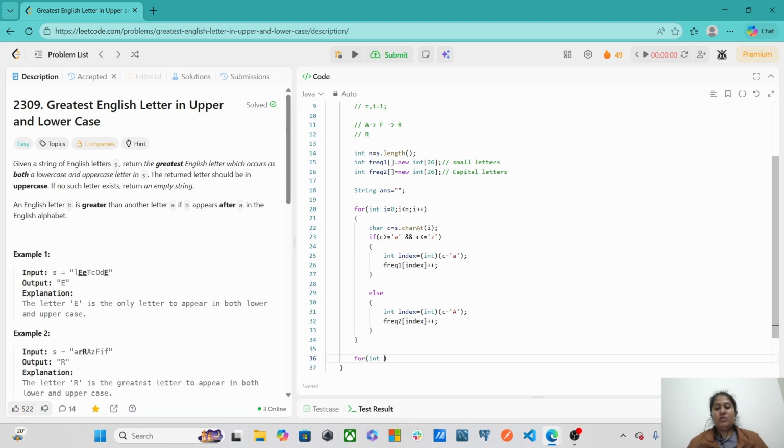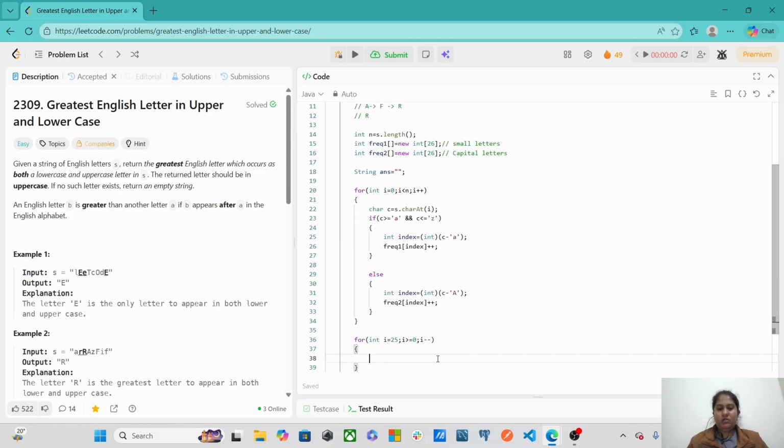or we can say the special character which has the most ASCII value, which is greater in the ASCII value. Correct? So int i equals 25, i greater than or equal to 0, i minus minus, in decrementing order. Now we have to check that if frequency 1 of i is greater than 0